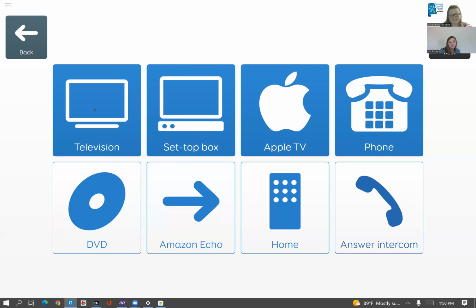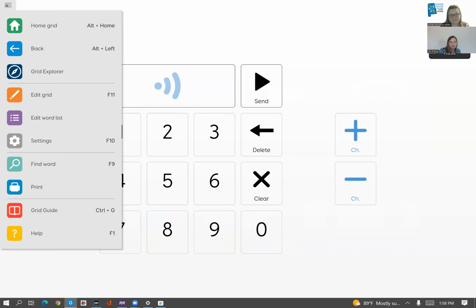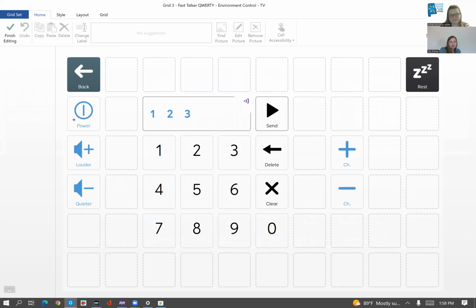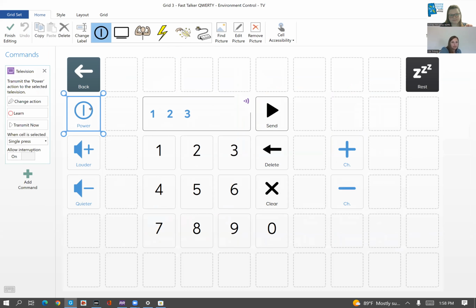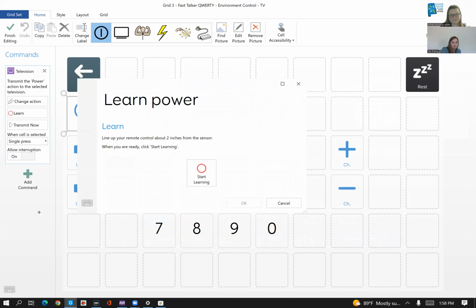So here's, if you wanted just to do your television remote, you're going to go to that 3-line menu, edit grid. You're going to highlight the particular cell, and then you're going to ask it to learn. Go back. You're going to ask it to learn it. And then it's going to say start learning. I'm going to take my remote and I'm going to point it at the